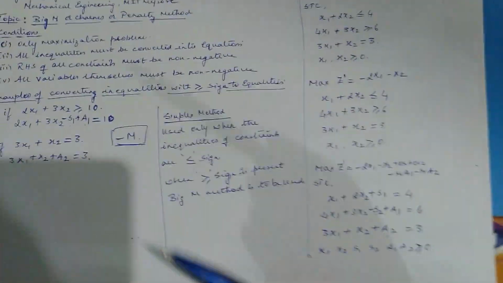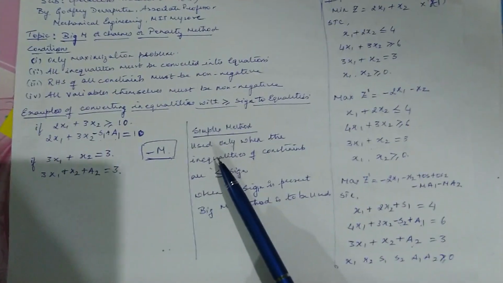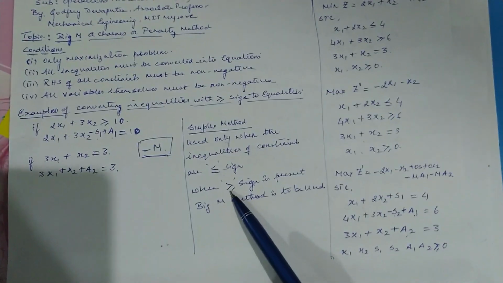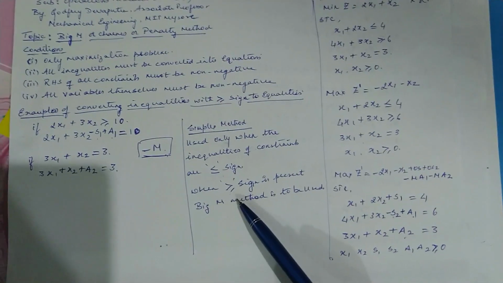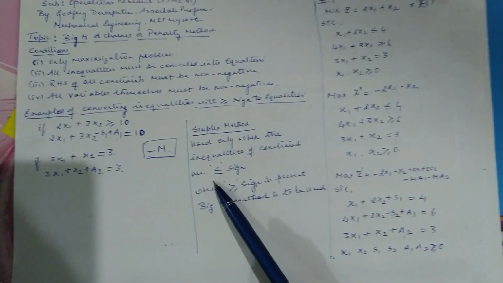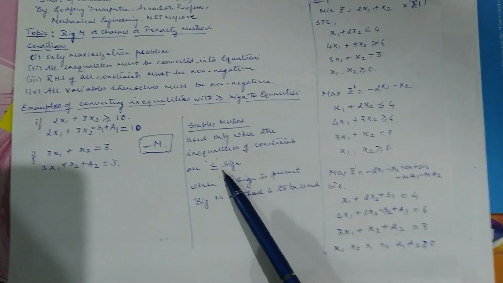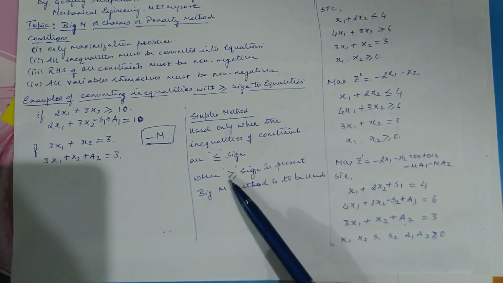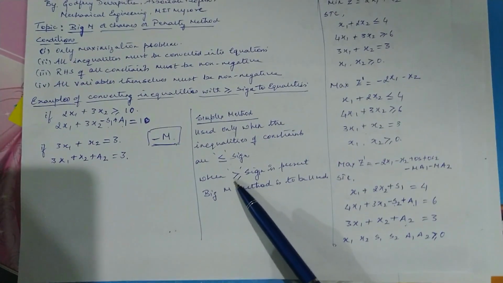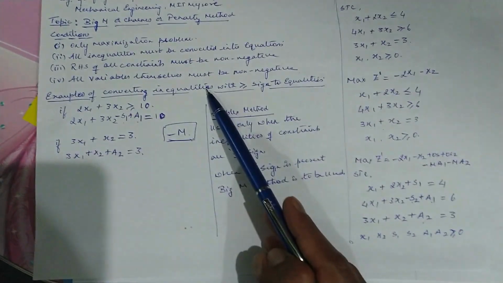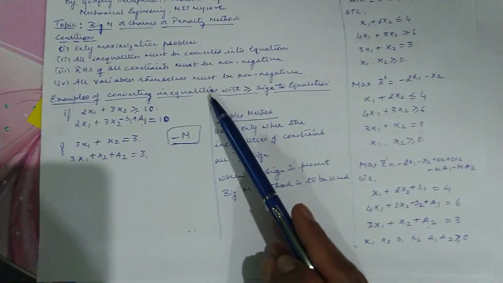Okay, so I'll repeat the steps once again. Here the big M method is basically used when a greater than or equal to sign or an equal to sign is also used. When there is only a less than or equal to sign, the simplex method is good enough. The simplex method cannot be used for constraints with a greater than or equal to sign, neither can it be used when there is an equal to sign. The rest of the conditions remain the same, just as in the case of the simplex method.